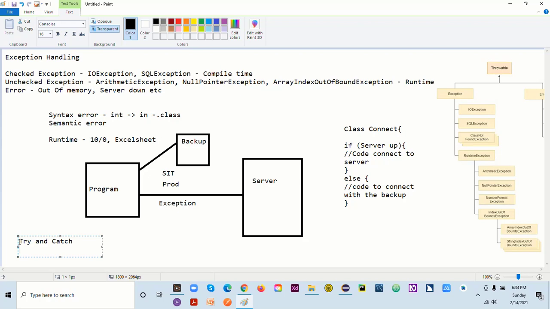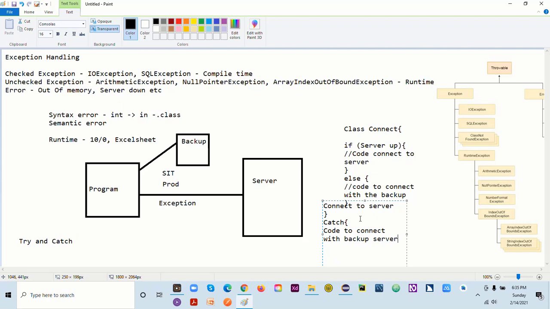So instead of writing this else condition, we can write the class Connect, and here in try, connect to server, the normal code which we have, and in catch, code to connect with the backup server. This is how it will work.